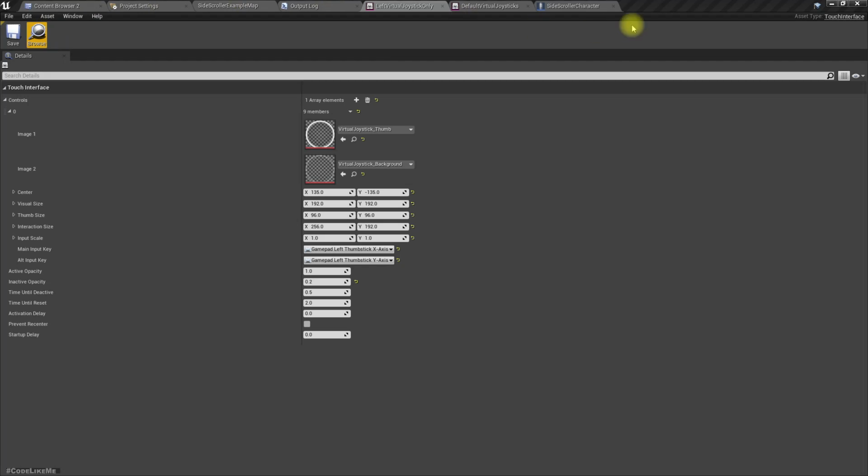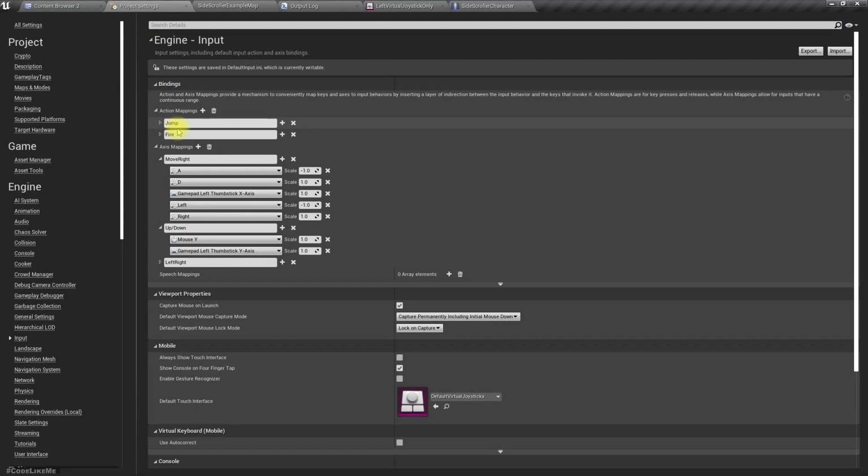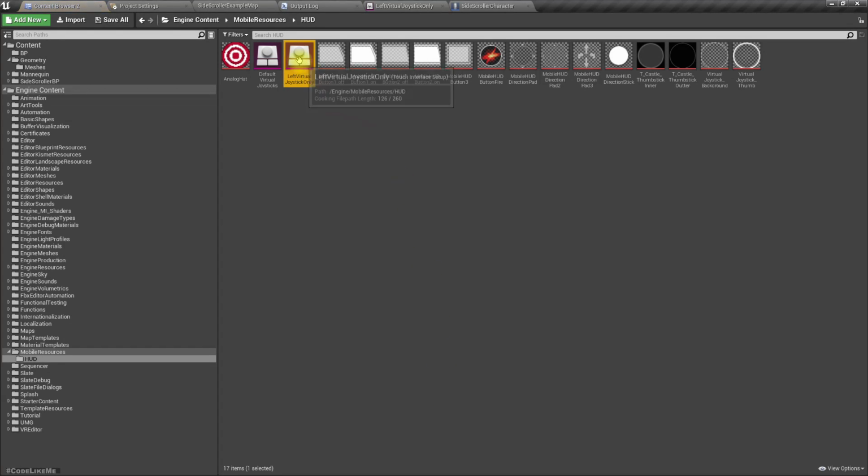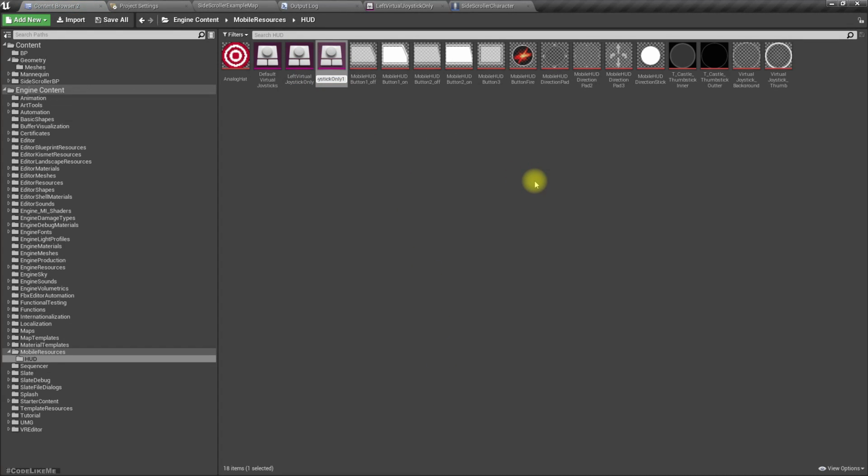Okay, so let's try to customize to have another button to initiate the firing mechanism that we have here. This firing action, instead of left mouse button, we need some button on the UI. So again I'm gonna use this left virtual joystick only. Let's duplicate this left virtual joystick plus fire button,